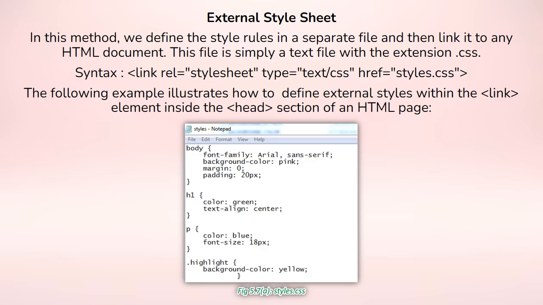External style sheet. In this method, we define the style rules in a separate file and then link it to any HTML document. This file is simply a text file with the extension .css. Syntax. The following example illustrates how to define external styles within the link element inside the head section of an HTML page.